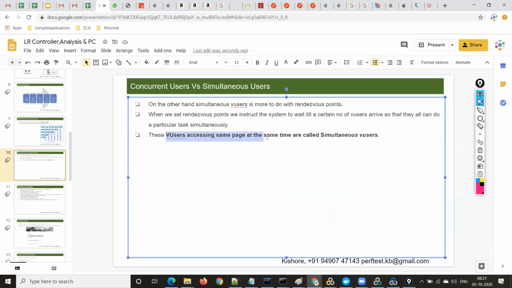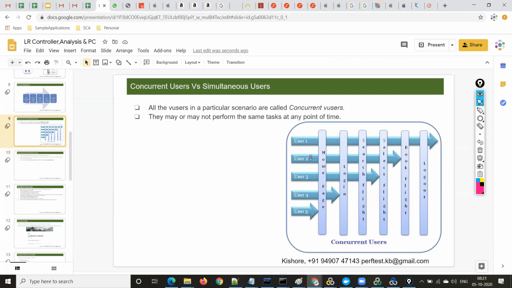Users accessing the same page at the same time are called simultaneous users. For example, assume that 5 users are logging in at the same time. At any point of time, 5 users are at the login step, doing that login transaction. Those are called simultaneous users.